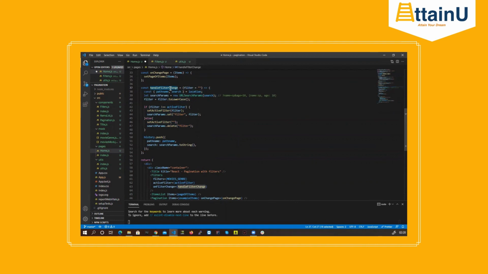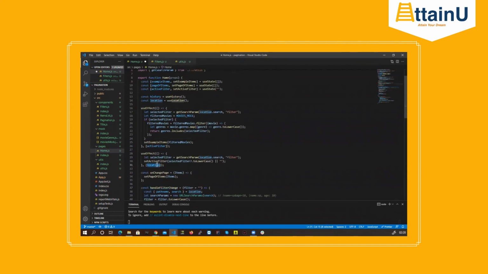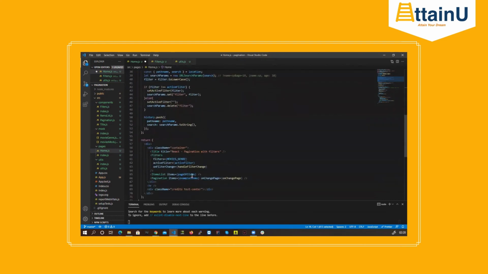So in this scenario, the best case is that you store that information in your URL itself. When your component loads, use this useEffect to capture that information in your component. And then after capturing that information in your component, go ahead and do the filter logic, which I think you'd know. So that was the whole concept here.